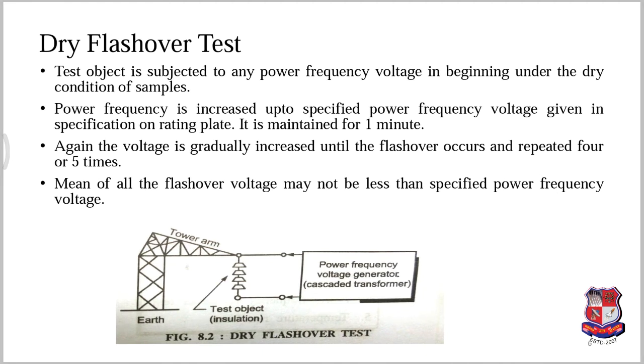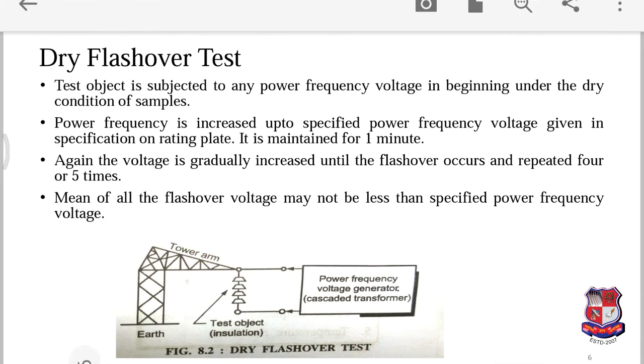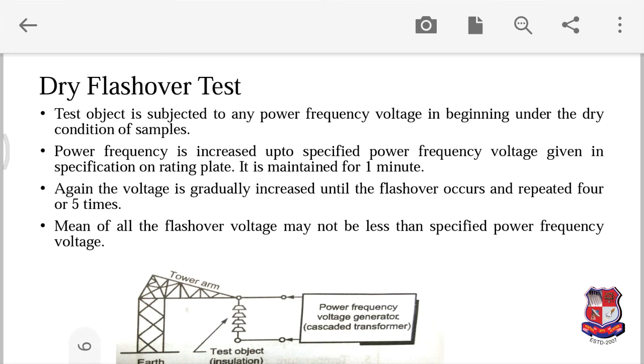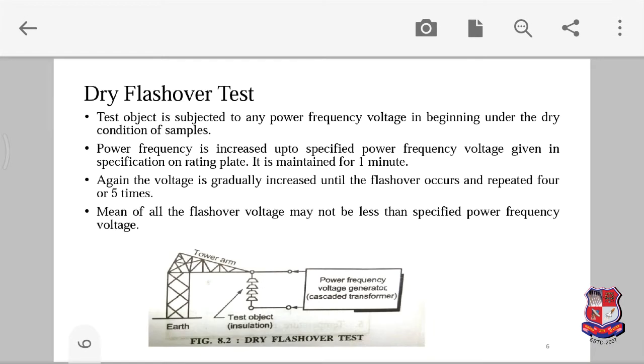The insulator is situated on the tower. In this type of test, an impulse of 1/50 microsecond is applied. Amplitude of this impulse is such that it causes 50% flashover. The test object must not be damaged. If it is damaged then the sample fails. Now another test, that is the normal impulse flashover test.